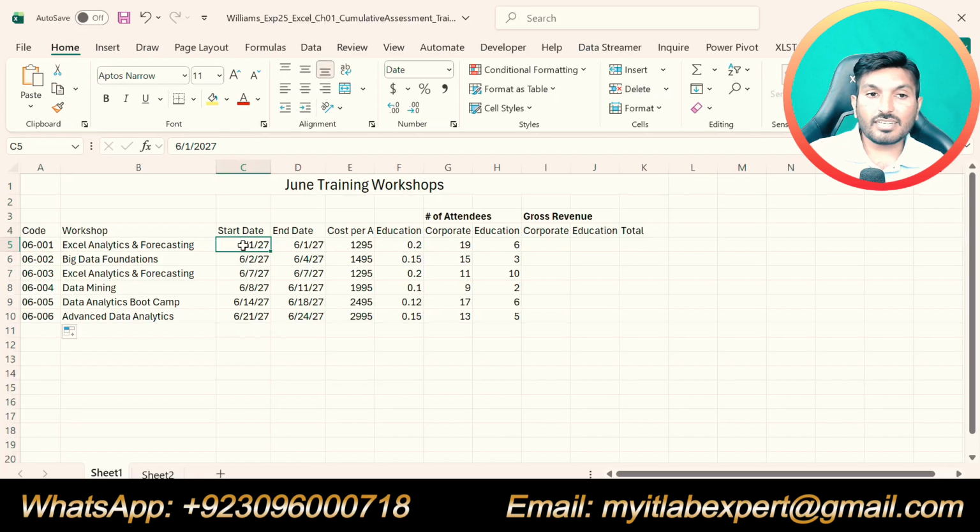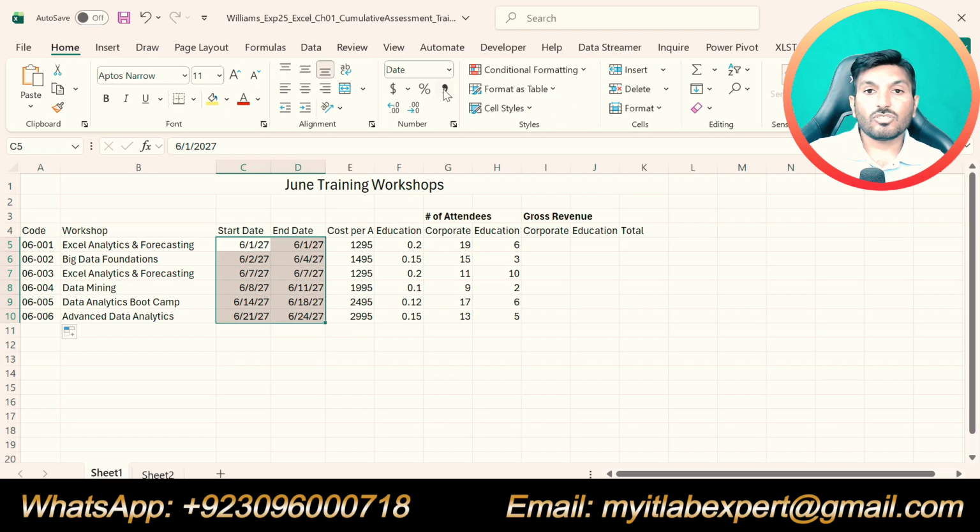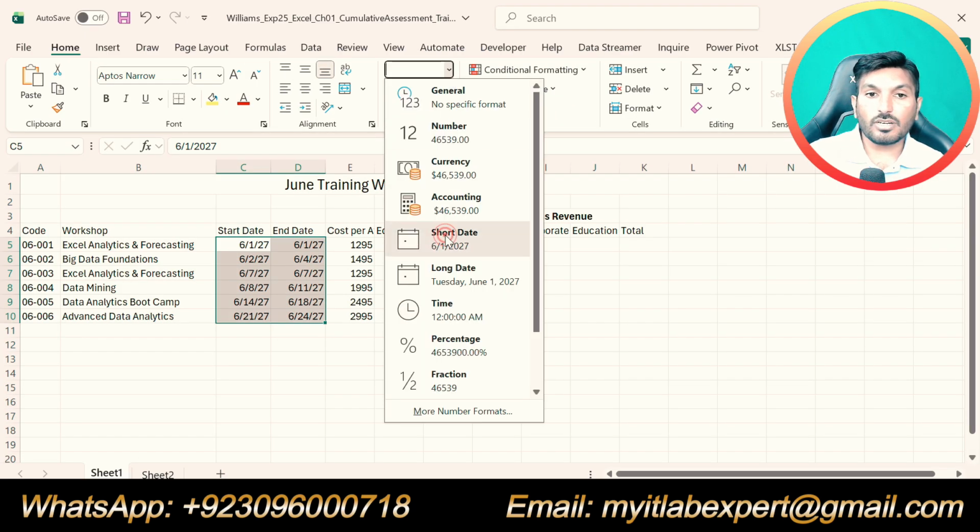So we will select C5 up to D10, the range that is given, and from here you can simply select short date format.